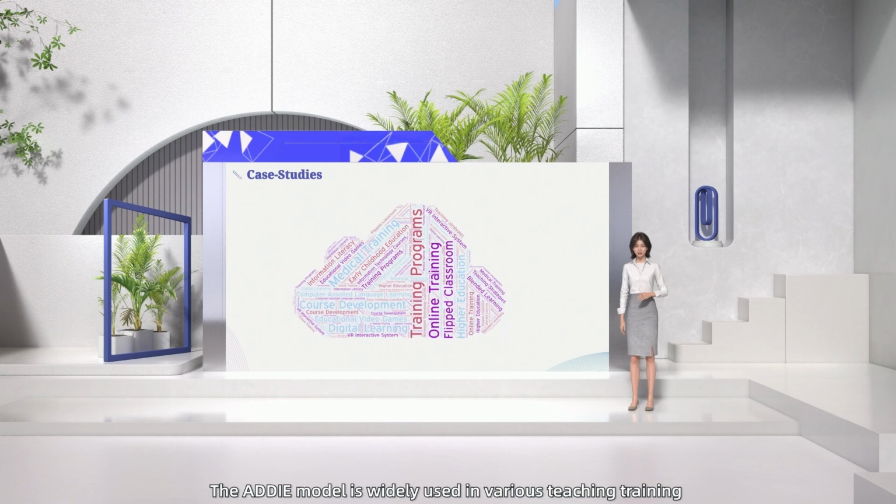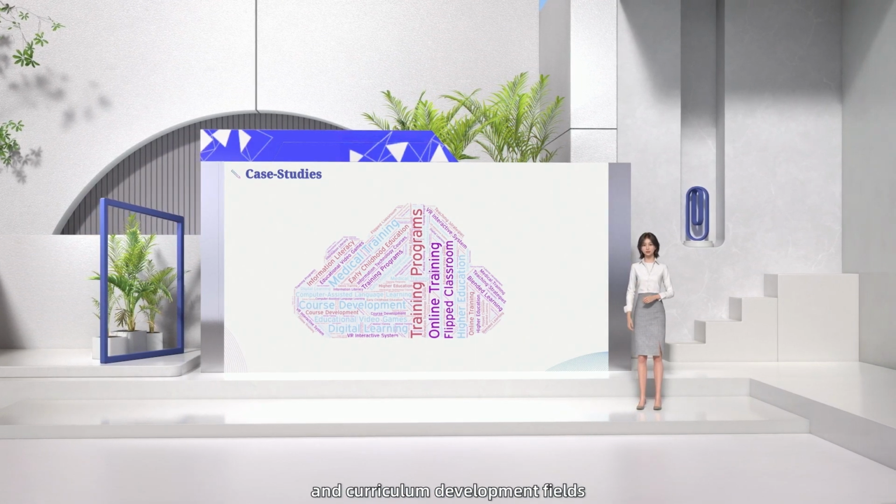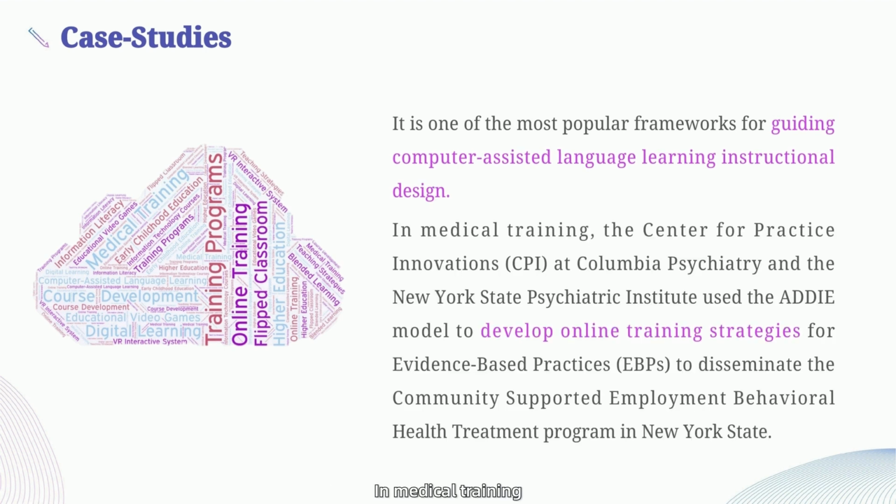The ADDIE model is widely used in various teaching, training, and curriculum development fields. It is one of the most popular frameworks for guiding computer-assisted language learning instructional design. In medical training, the Center for Practice Innovations (CPI) at Columbia Psychiatry and the New York State Psychiatric Institute use the ADDIE model to develop online training strategies for evidence-based practices to disseminate the community-supported employment behavioral health treatment program